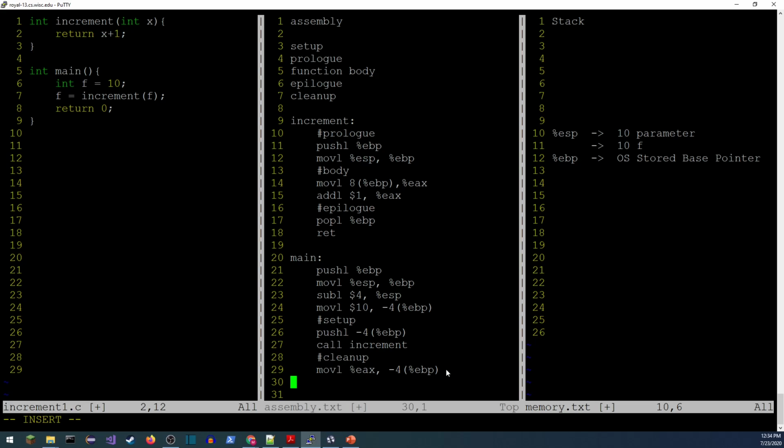All right, cool. And then to finish up the cleanup, I also need to remove all of my parameters. So I'm just going to recognize I've just got the one parameter there, and so I need to move the stack pointer to a bigger number, so that's just adding 4 bytes to the stack pointer. All right, cool. That will just delete that line.